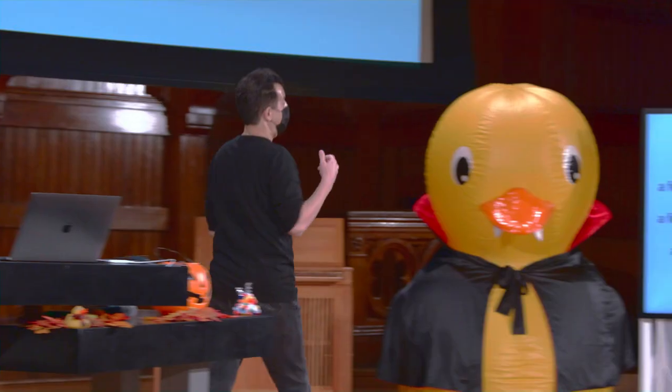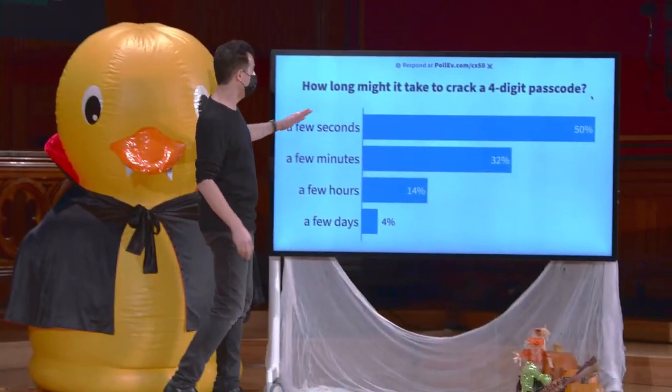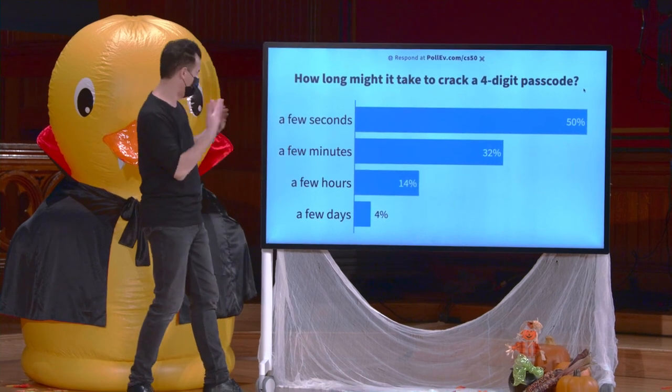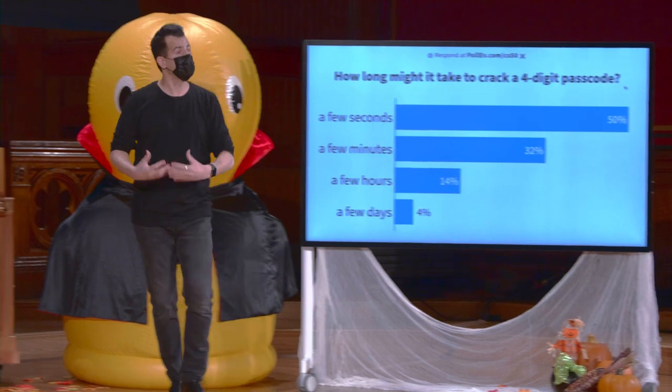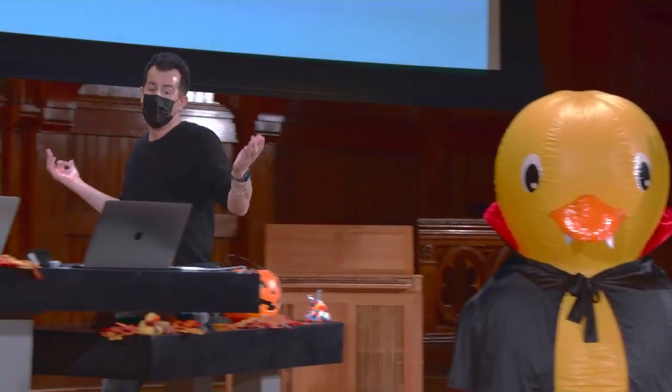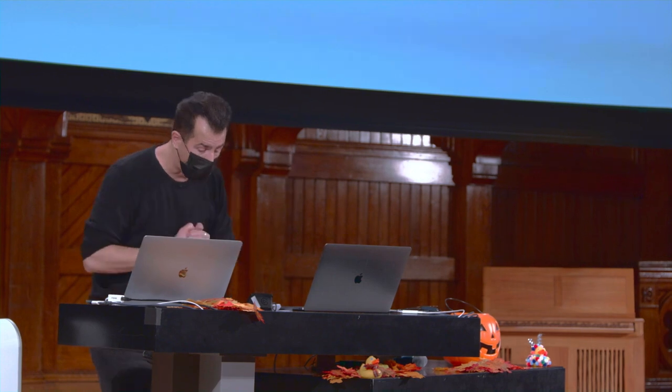And if I now pull this screen up, we see that 50% of you claim that it's going to take only a few seconds. A few fewer of you are saying that it takes a few minutes, a few hours, and even a few days. Well, let's answer that first, because honestly, if it's already a few days or even longer, our work here is probably already pretty done. Unfortunately, the problem with things like 4-digit passcodes is that anyone who grabs your phone,